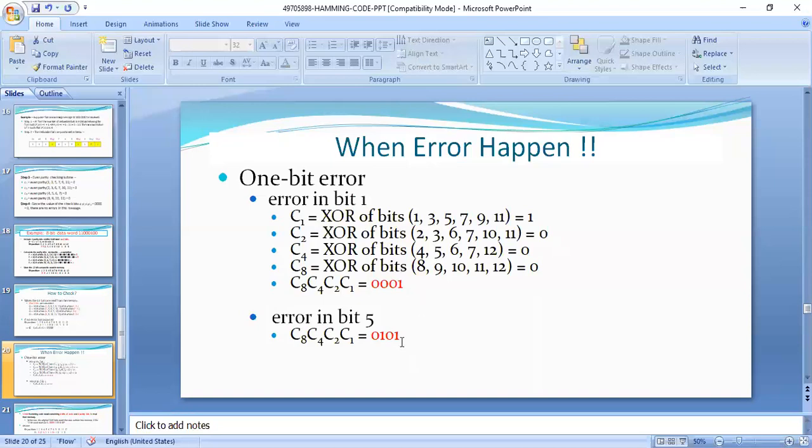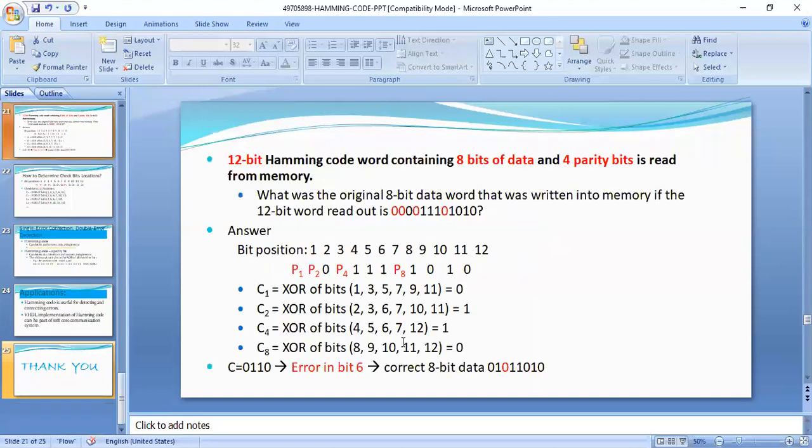Hamming code is generally used to detect single bit errors. Next, one more example. A 12-bit Hamming code word contains 8 bits of data and 4 parity bits.